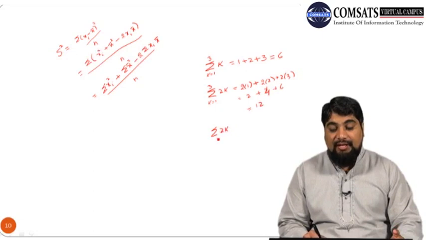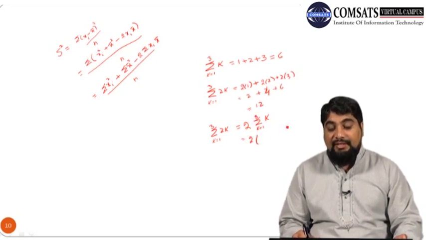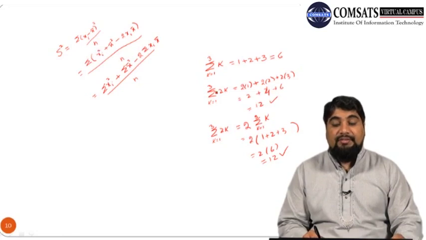One very important point to note is that we can write it in an alternative form. If we have summation 2k where k ranges from 1 to 3, we can take this 2 outside the summation, because 2 is a constant, with no subscript, no k involved. So just take the constant outside. We are left with only summation k, where k ranges from 1 to 3. If we replace k by 1, 2, and 3, we get 2 into 6, which is 12. So the result is the same. It means if there is a constant inside the summation, you can take it outside the summation.